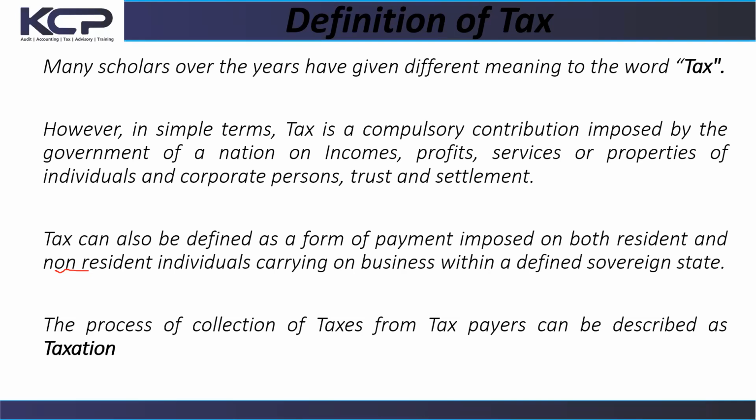Then the government will come after you and you don't have an option but to pay. But how to pay, what to pay, the mode of payment, and every other salient point about the tax process or management process as contained in our